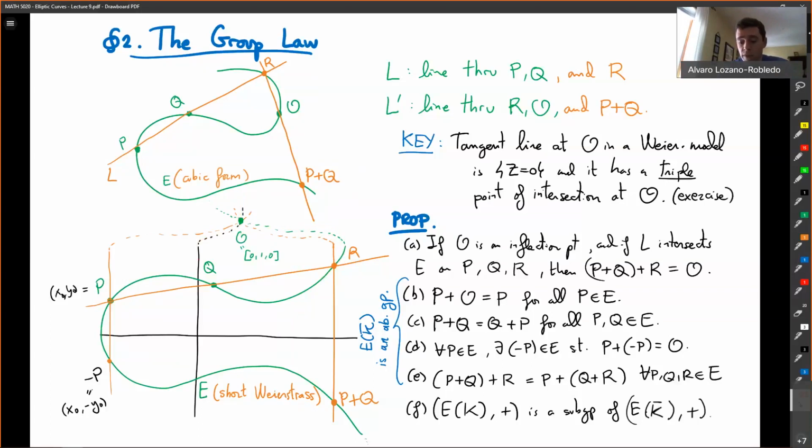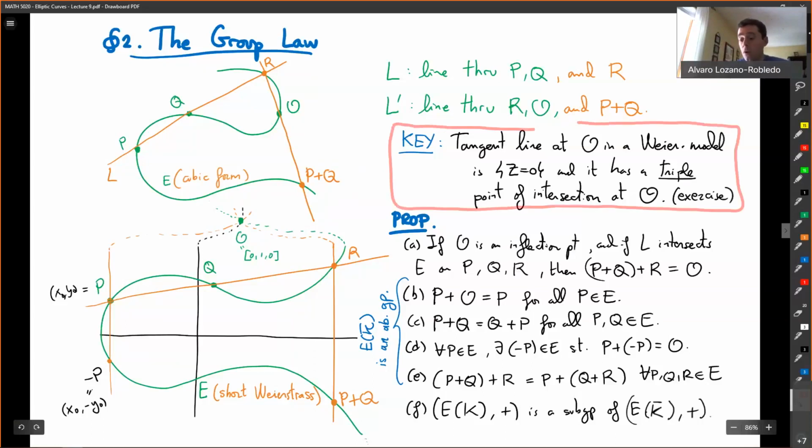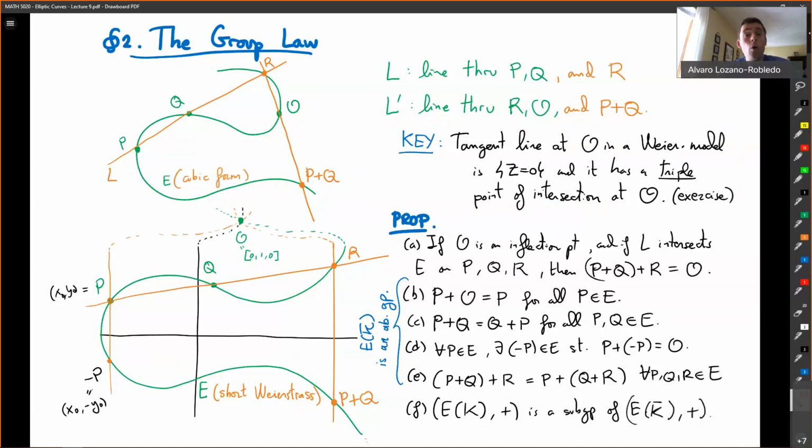And the other key property of a Weierstrass model is what we wrote here, that at O, the tangent line has a triple point of intersection. And that, for example, tells you things like O plus O equals O. It helps you. For example, it also says that when you have that property A here, that P plus Q